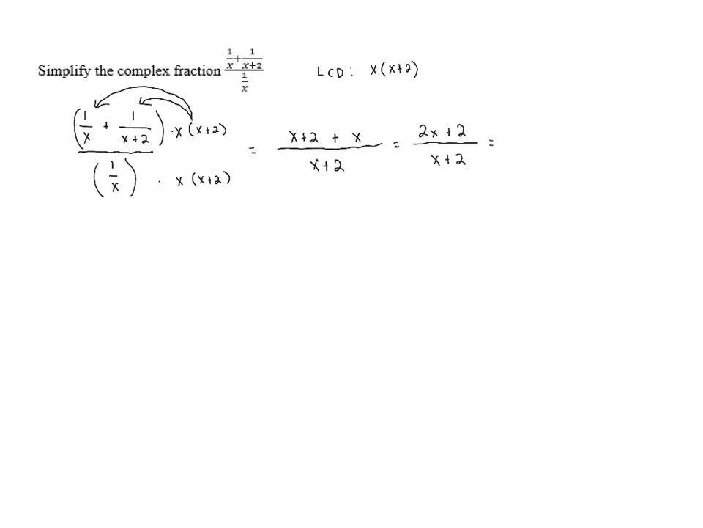And we want to do one more thing. We want to factor the numerator to make sure that there's nothing that can be canceled. If we factor out a 2 in the numerator, that leaves us with leftovers of x plus 1. So we have 2 times (x plus 1) all over (x plus 2). And because there are no common factors in the top and bottom that can be canceled, this is our final